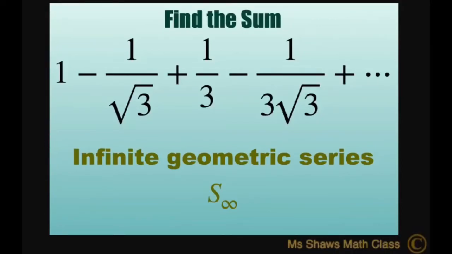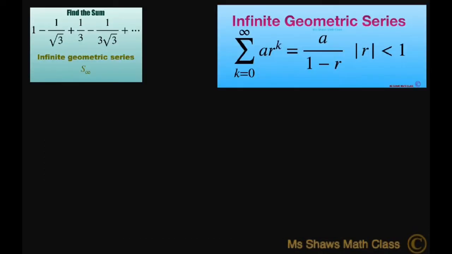One, we're going to find the sum of 1 minus 1 divided by square root of 3 plus 1/3 minus 1 divided by 3 times square root of 3, and so forth. Now this is an infinite geometric series because our first term is a equals 1, and your common ratio is, you just take one term